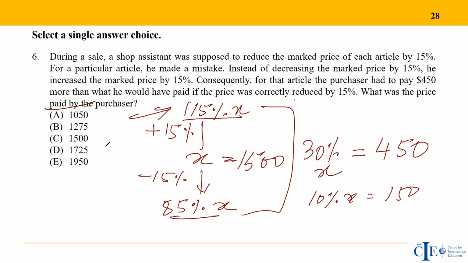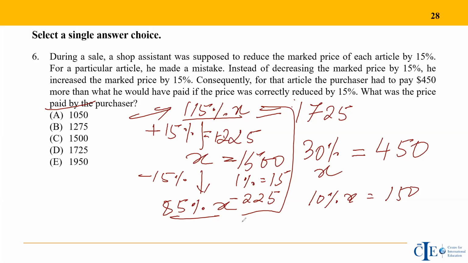This is what the purchaser paid. So hence plus 15% more of this. So iska 1% of 1500 is 15. So 15% कितना हो जाएगा? 15 into 15, 225. So he paid 225 more, and hence this value would be 1725. Also by the same logic, this would be less than 225. Actually इसको 225 से कम करना चाहिए था. He was supposed to reduce it by 225, but he actually ended up increasing. So the real price that the customer should have paid would have been 1275. Okay, so this is what he paid, and hence the answer is option D.